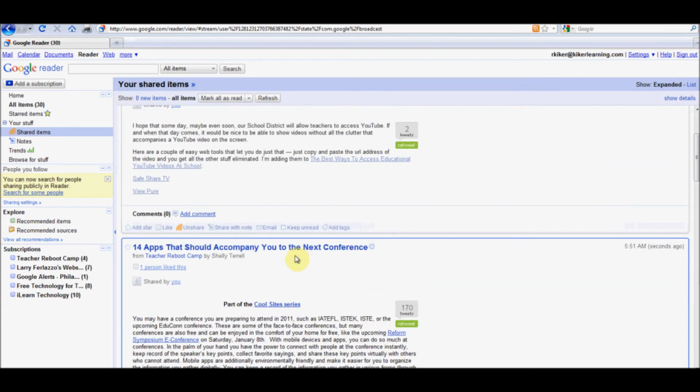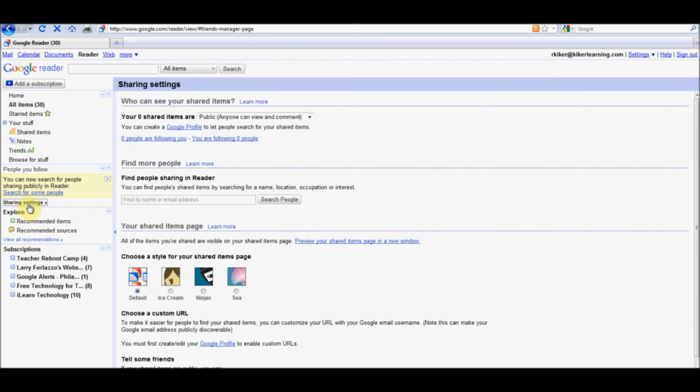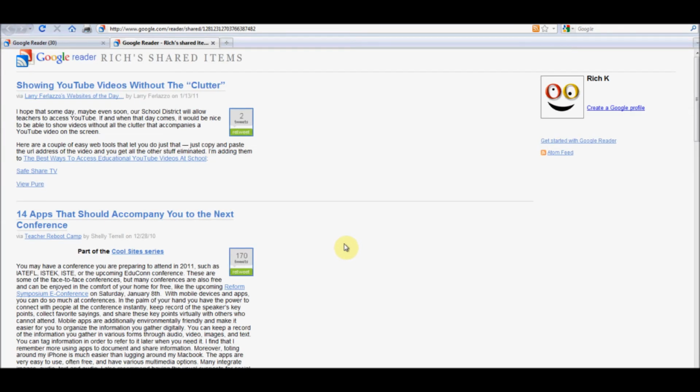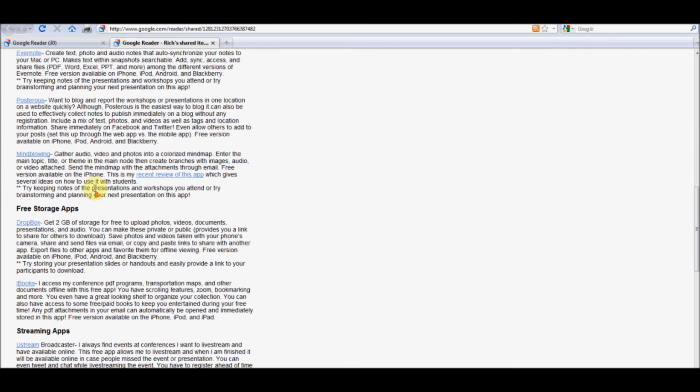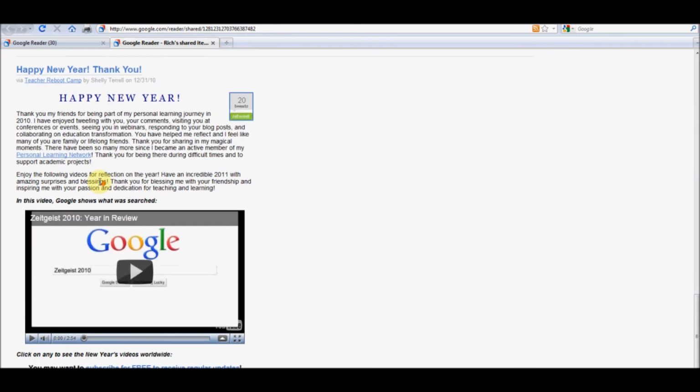Back in the sharing settings right here on the left hand side, I'm going to click on that, and under the your shared items page, I'm going to click this first link that I mentioned earlier, preview your shared items page in a new window. If I click on that, you'll notice, bam, there it is, Google Reader rich's shared items, and here are the blog entries or the RSS feeds that I've chosen for this particular demonstration,